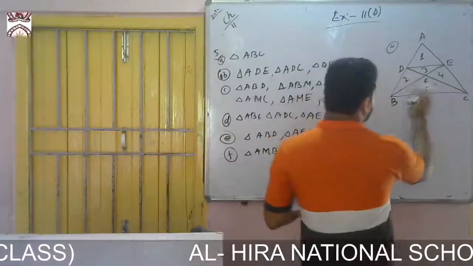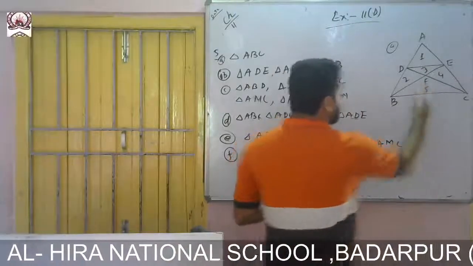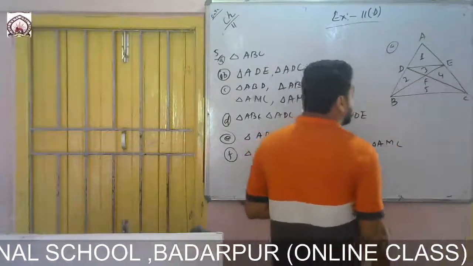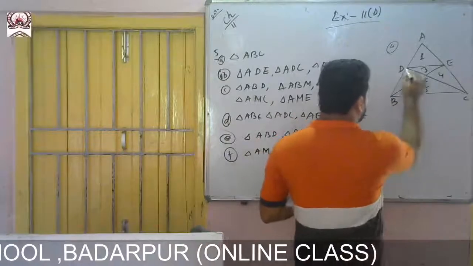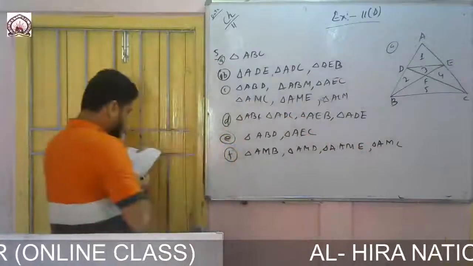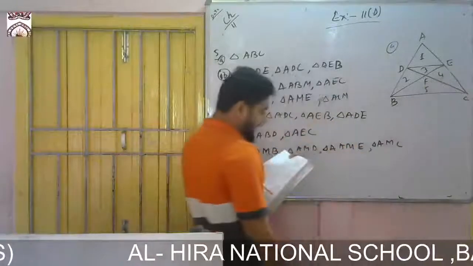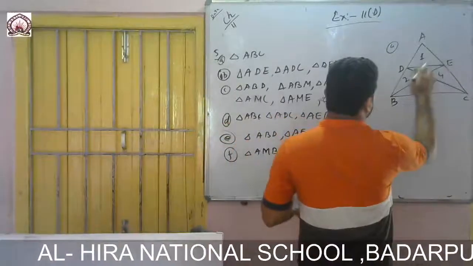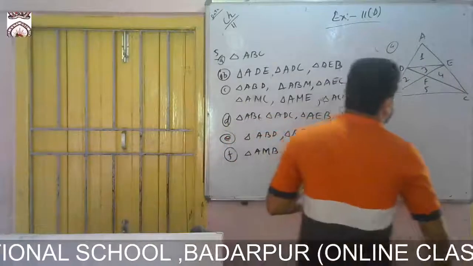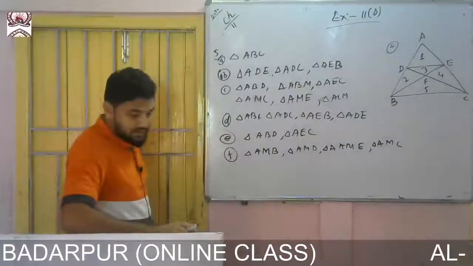This 3 and 4 will make one triangle. How? This one side, this one side, and this one side. Then 2 and 5 will make one triangle, with this one side, this one side, and this one side. So like this I can write many triangles. Then 4 and 5 also make one triangle. Then 1, 2, 3, this triangle will make another triangle. Yes, I think this is the last. So write the names of the triangles.